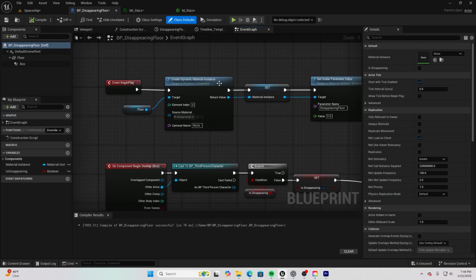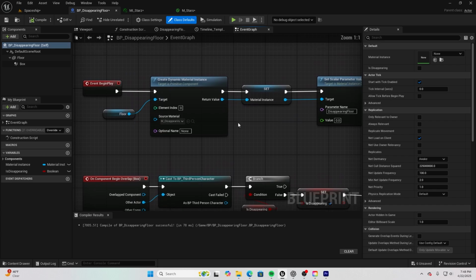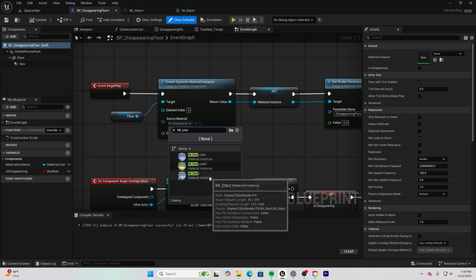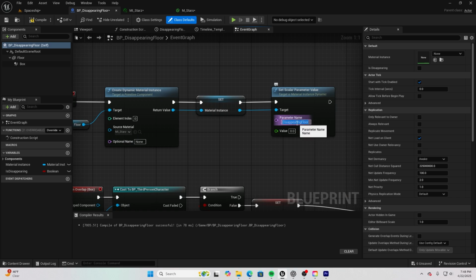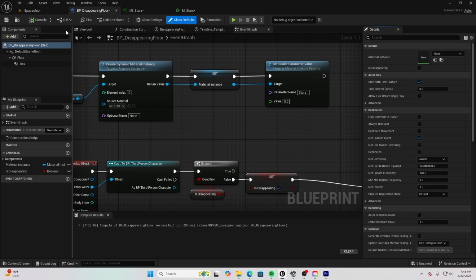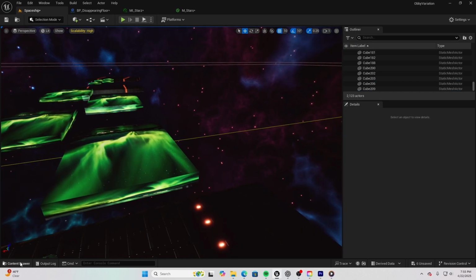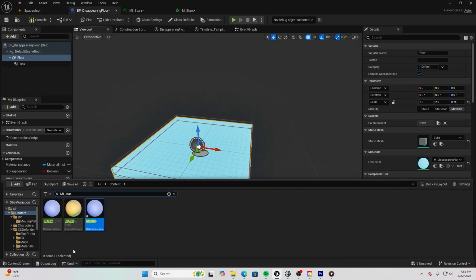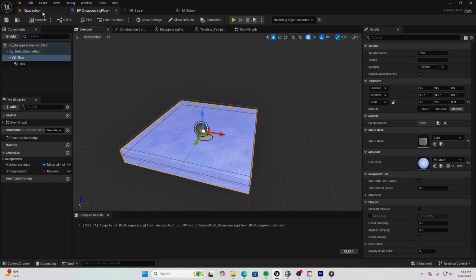And then on our disappearing floor blueprints, we just gotta switch out the material. So on our source material, we're just going to look up MI stars, the one we just created. And then our parameter name, we're just gonna type stars with a Z. We're gonna compile this. And let's go ahead and go to our disappearing floor. And in here, we're going to go to our content drawer and get our material instance. Make sure we have our floor selected, and we're gonna drag our material over here on this, compile it again,